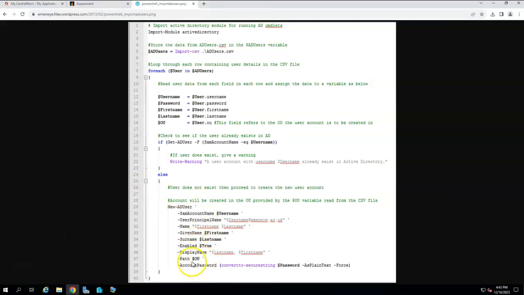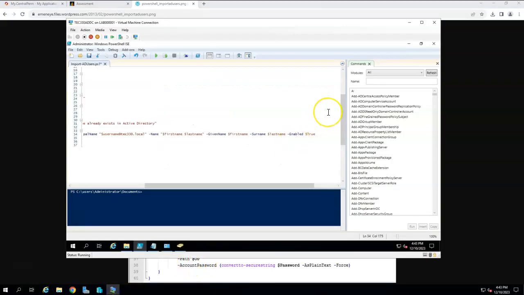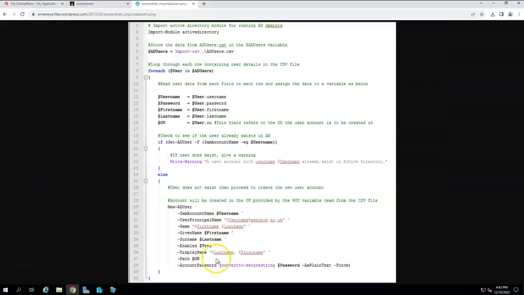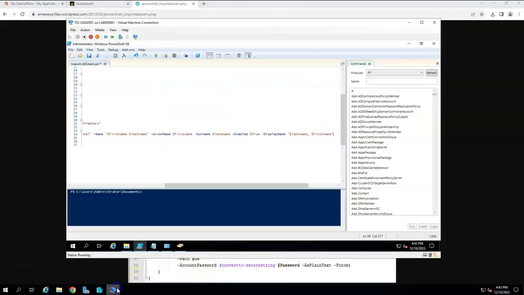And then we have our display name. And so we'll say DisplayName equals, and this is going to be last name, comma, first name, I believe. Yeah. And then we have our path. And that's going to be our OU. And then we have our